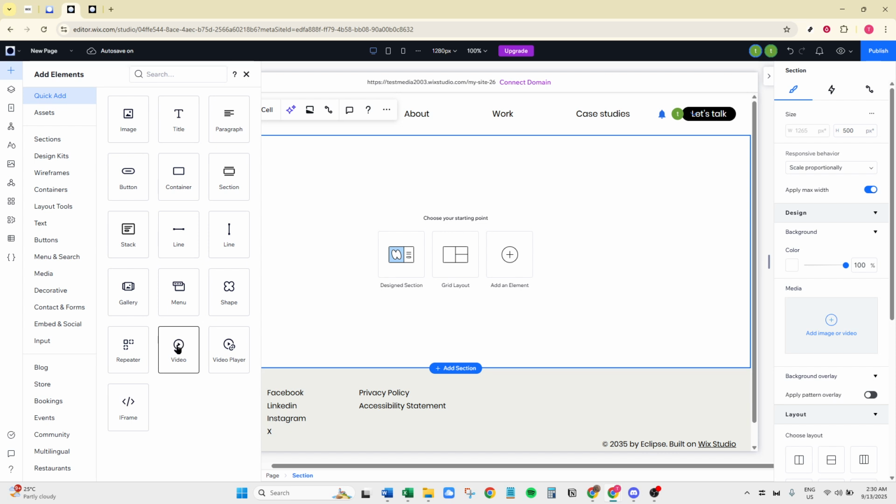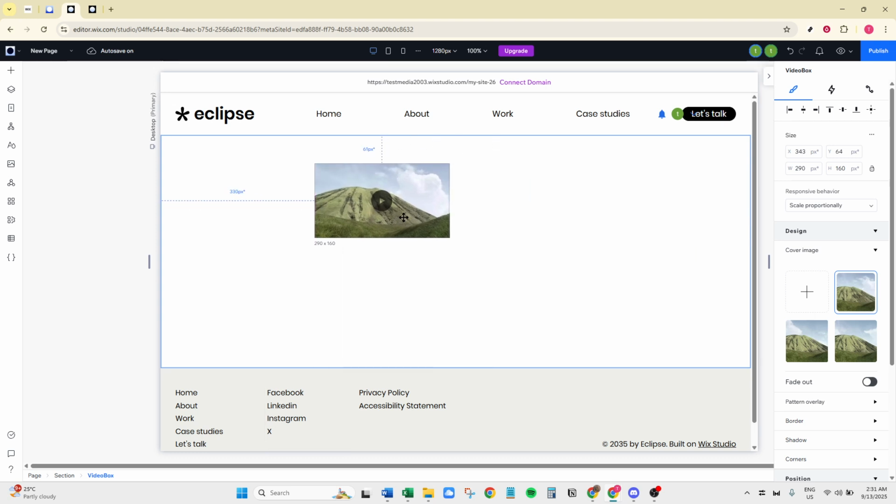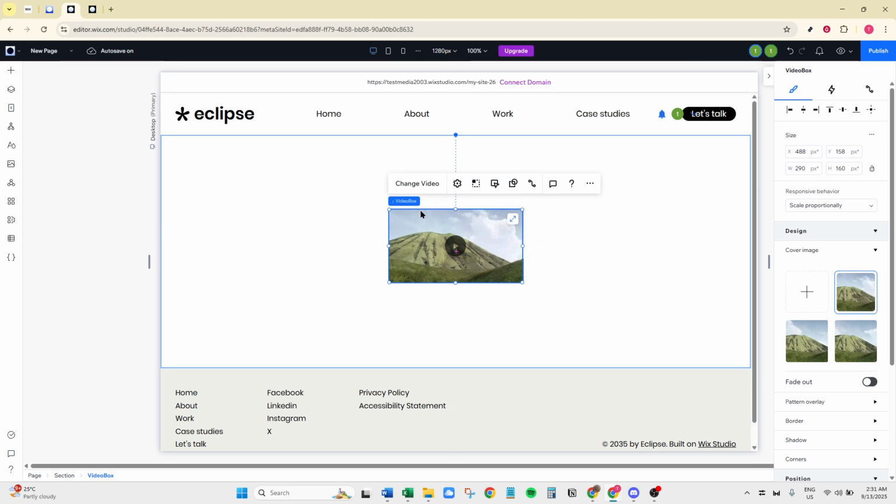Under the Quick Add menu, select Video. Here, Wix makes everything convenient by categorizing and presenting elements you can easily implement. Select the video option, and you'll be prompted to decide where and how you want your video displayed. Drag this video element onto your page. When placing it, consider your page's layout and flow. You want your video to complement the design, whether it sits front and center or slightly to the side.